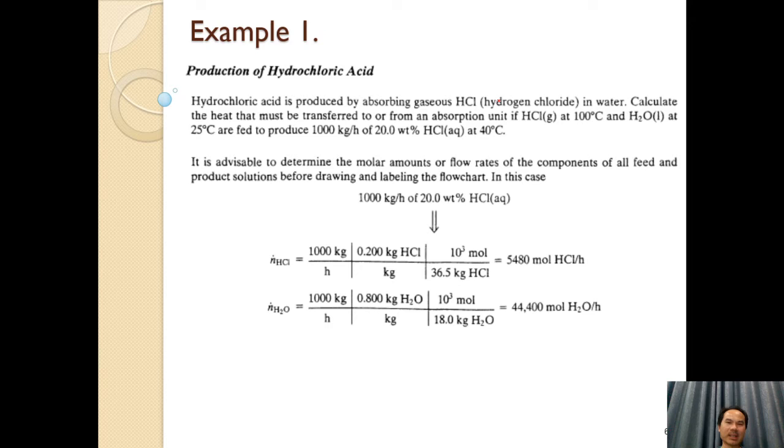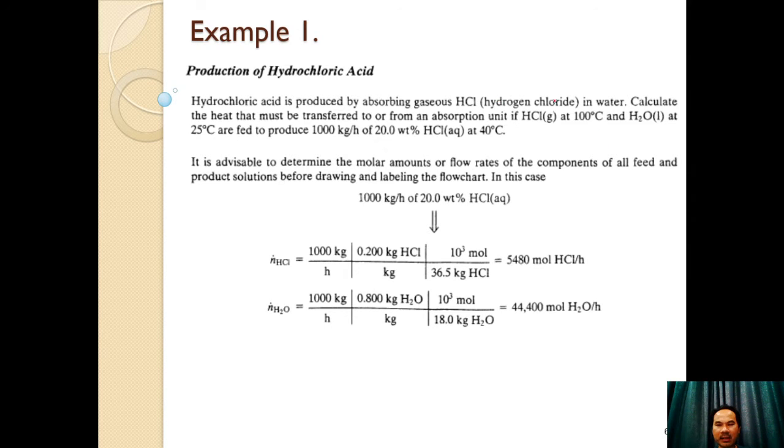environment to the unit. If you use the energy balance for an open system, you will get Q. If Q is negative, it means the flow of heat is from the system to the surroundings. If Q is positive, that's right, it means heat is received, or from the environment to the system. Okay, for this case,